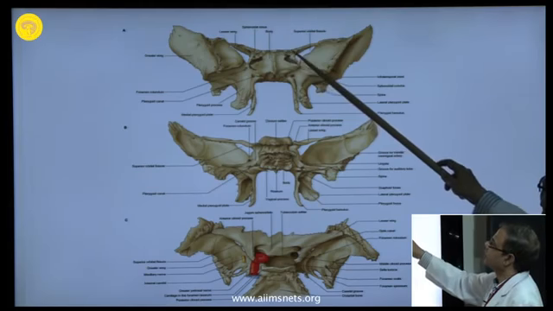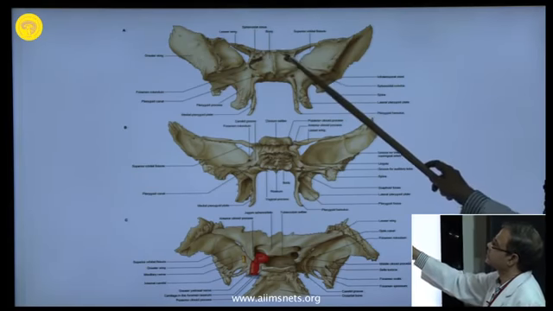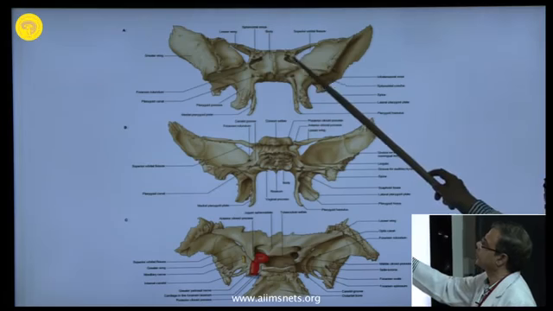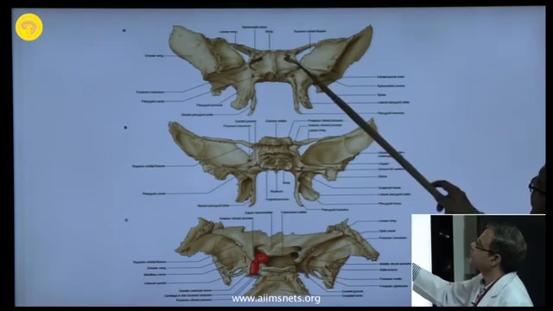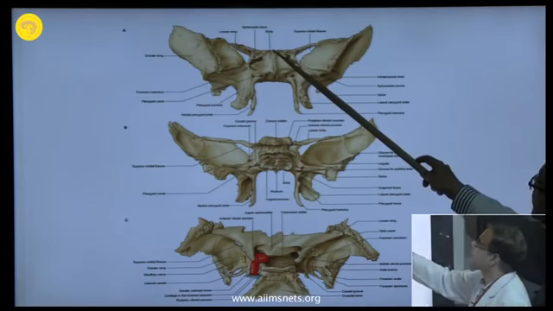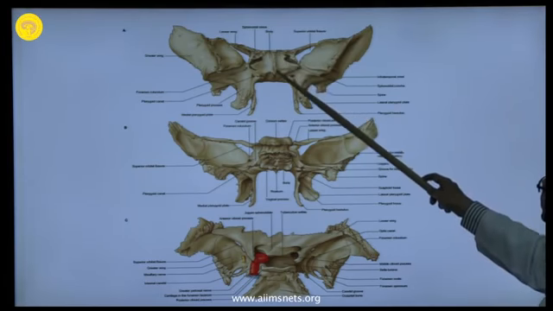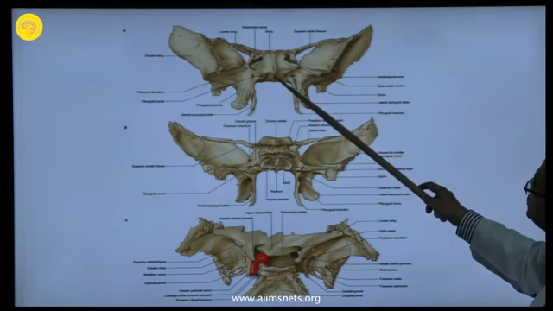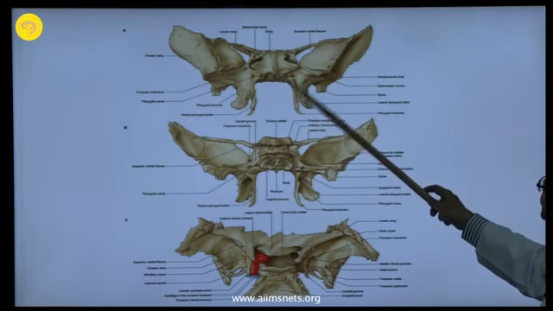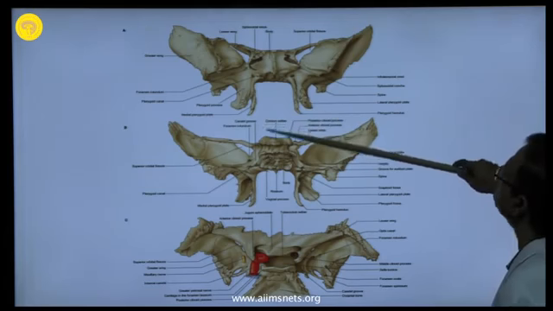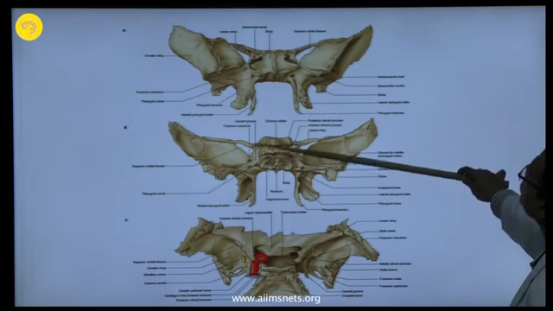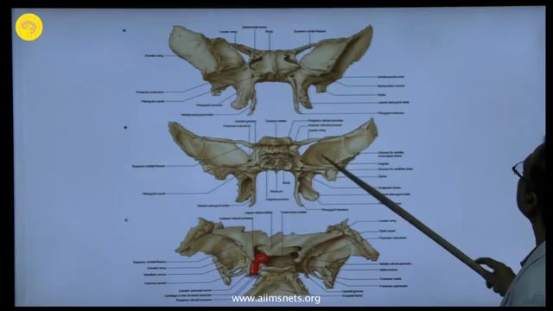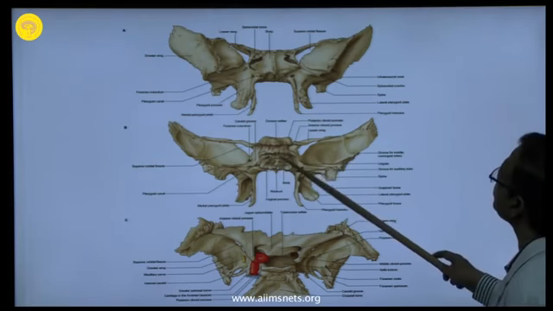Here the ethmoid articulates, and the posterior ethmoidal air cells become complete when they articulate with this part of the sphenoid, and this is the opening of the sphenoidal sinus. In the midline, this is called the sphenoidal crest, and the lower part is the sphenoidal rostrum. This is from the posterior surface. This is the posterior part of the body of the sphenoid bone, which articulates with the occipital bone. You can see part of the dorsum sellae and the greater wing and the lesser wing.